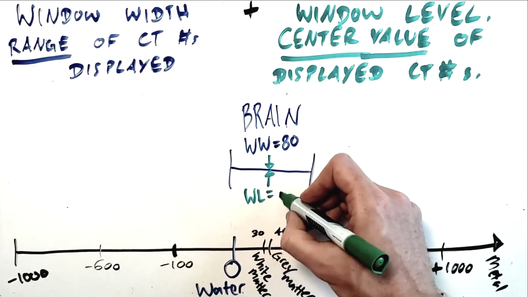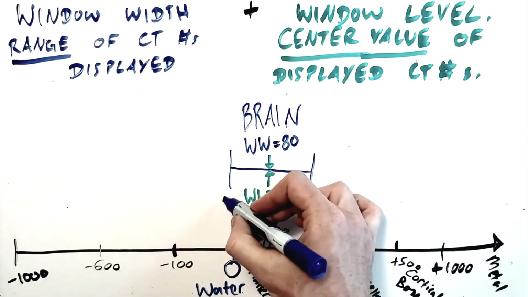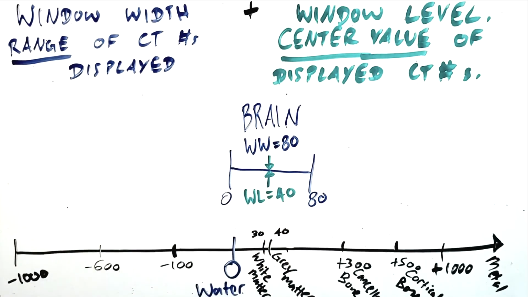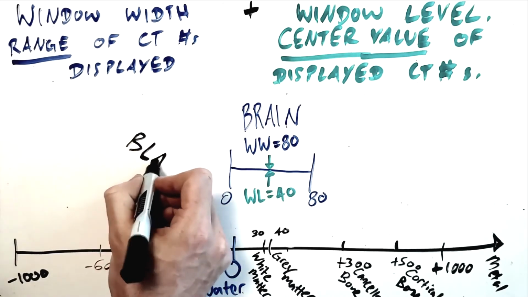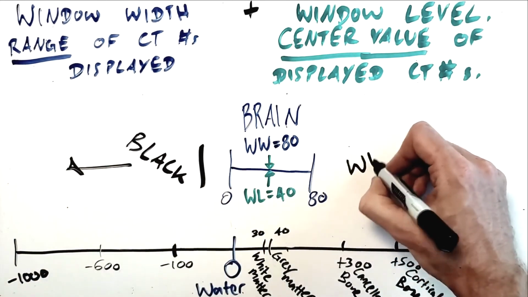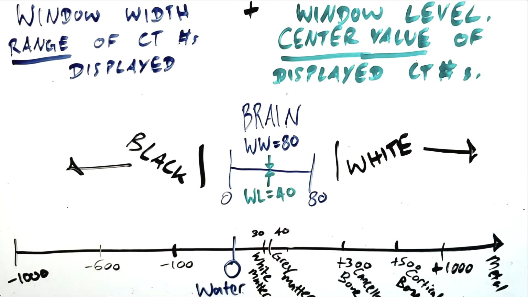This means that our width of 80, that range of 80, is centered on the number 40, and that all gray levels between black and white are displayed for the various densities between 0 and 80 Hounsfield units. And any tissue with a CT number below 0 is black, any tissue with a CT number above 80 is white. Now this is just a tidy example because it happens to land our lower edge at 0,